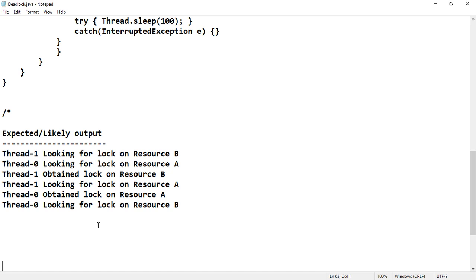If you want to run this program, be cautious. If you are trying to run this code, keep in mind that if your system is not responding for a long time, then press Ctrl+C. Otherwise, if that doesn't work, press Ctrl+Alt+Delete and close this program. If it still doesn't work, you have to restart the system. Okay, this is the example of how deadlock will occur.